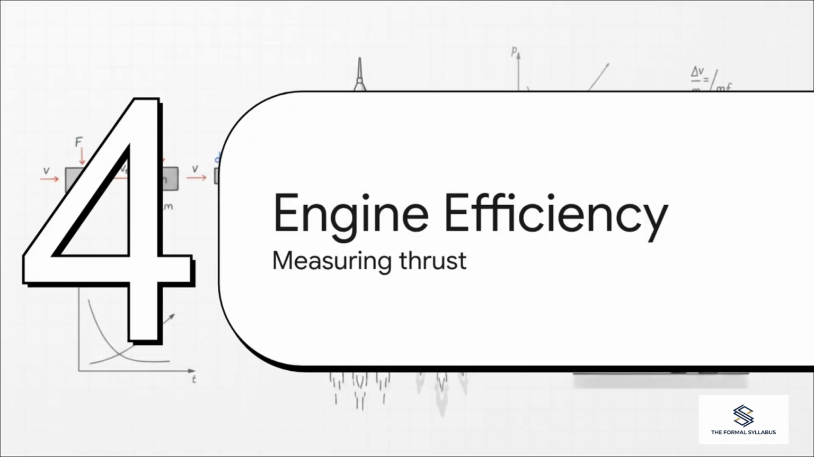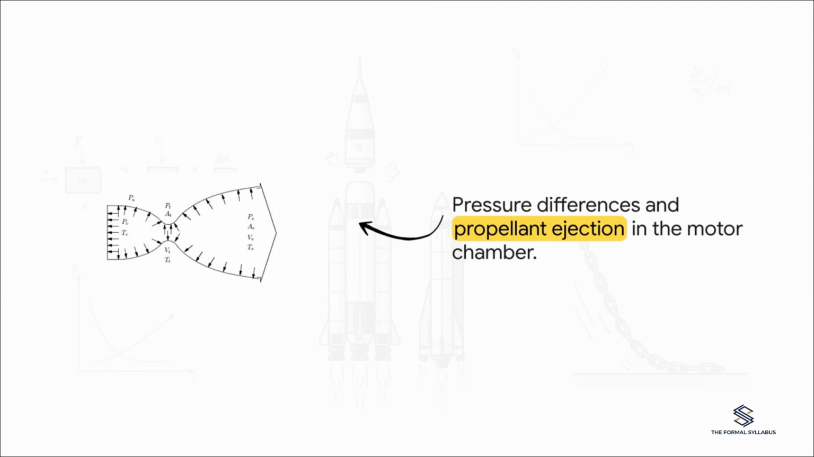But how do you actually measure how good an engine is at throwing that high-speed gas out the back? That brings us to Section 4, measuring engine efficiency, measuring thrust. Inside a rocket motor chamber, you have absolute immense chaos that is being incredibly precisely controlled. You've got extreme pressure differences between the inside of the chamber and the outside atmosphere. Combine that with massive propellant ejection and you get a sum of forces. How well the engine's throat and that iconic bell-shaped exit nozzle manage and integrate these forces completely dictates our effective